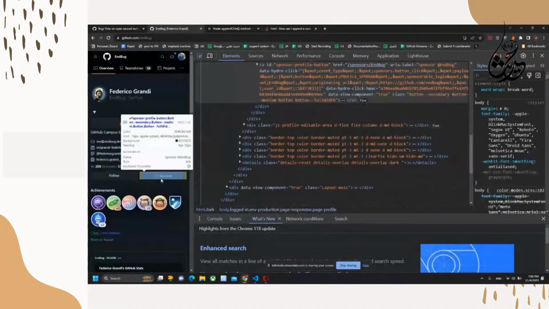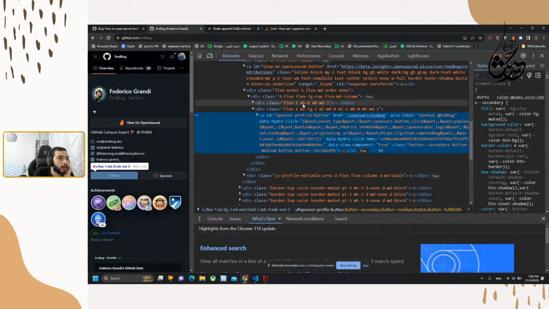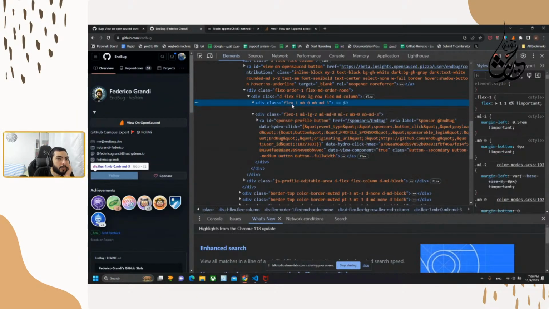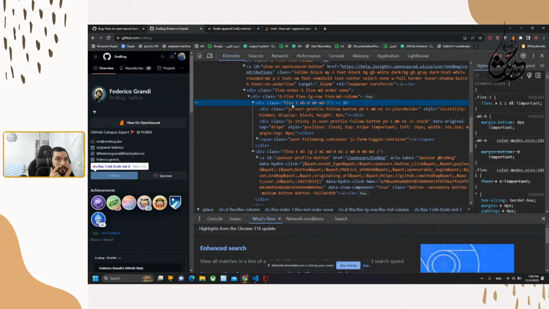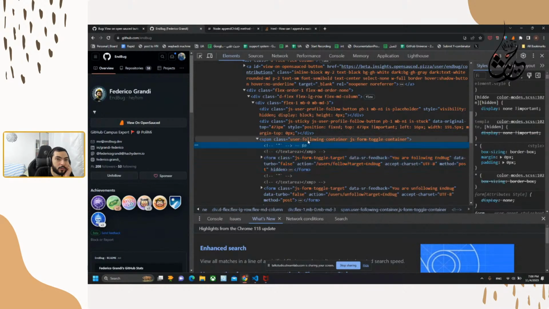The question that I would have is that they have this sponsor profile button that we could check if it's available. We need to add it before its parent. Or the name of the follow profile button, just user profile button. But this will change if we did a follow. Yeah, it will not be visible. And we have the user following container that includes